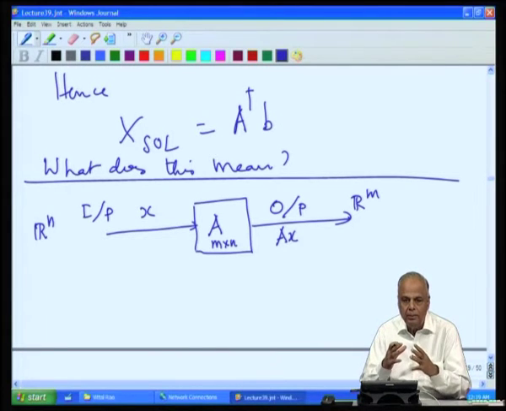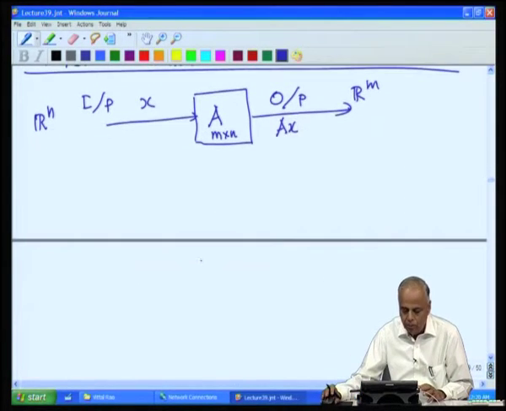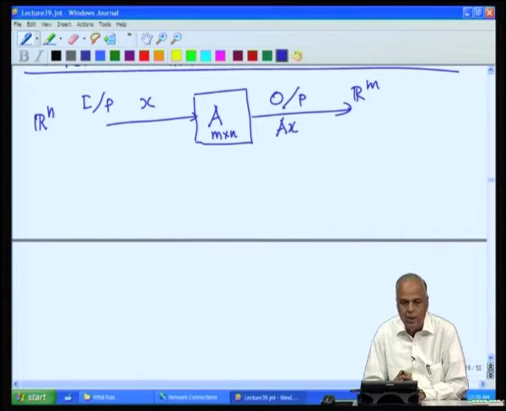In that system, the whole system operation or action is controlled by this m by n matrix A, and the inputs that are accepted into the system are vectors from Rn, and the outputs that are going to come out are vectors in Rm. So, when we input a vector x, the output is simply the vector x pre-multiplied by the matrix A. Since A is m by n and x is n by 1, the output Ax is going to be in Rm. Now, whenever we know the system, it means we know the matrix A, and therefore, whenever the input is known, we can calculate the output.